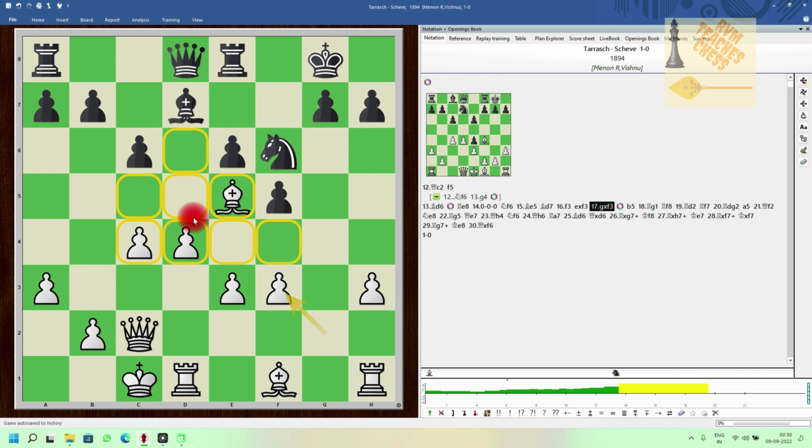White has no other piece in the center. He has not got any central pawn also. Whereas we have one central pawn and another pawn in the extended center and a bishop in the center. So why is central control important? Because it gives you more control over the board. Because a piece performs much more powerfully in the center than on the ends or on the corners of the